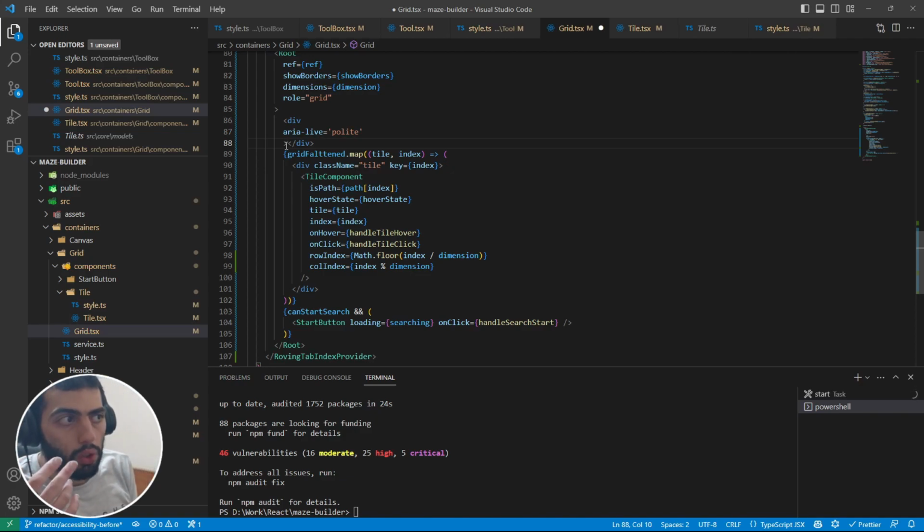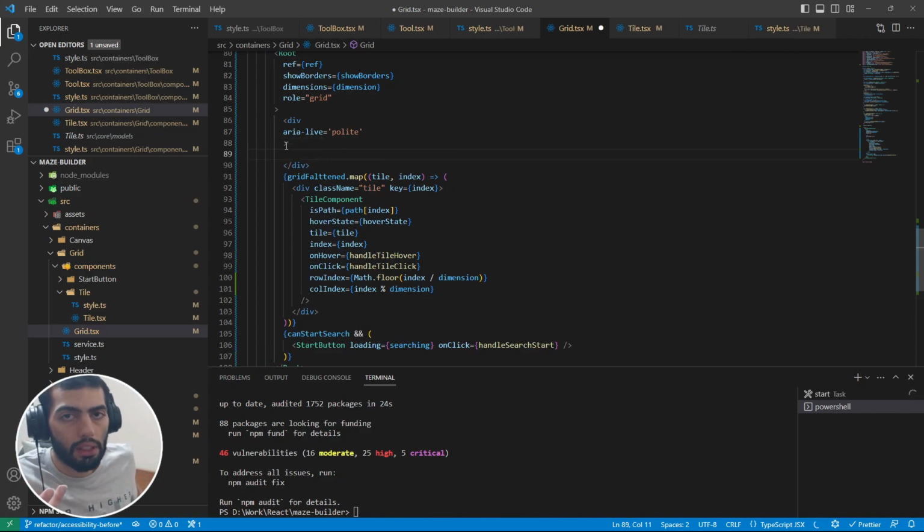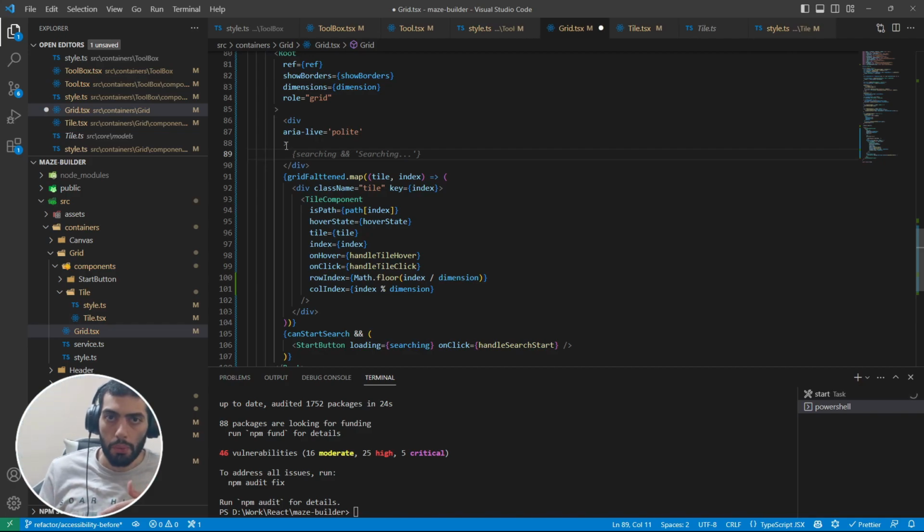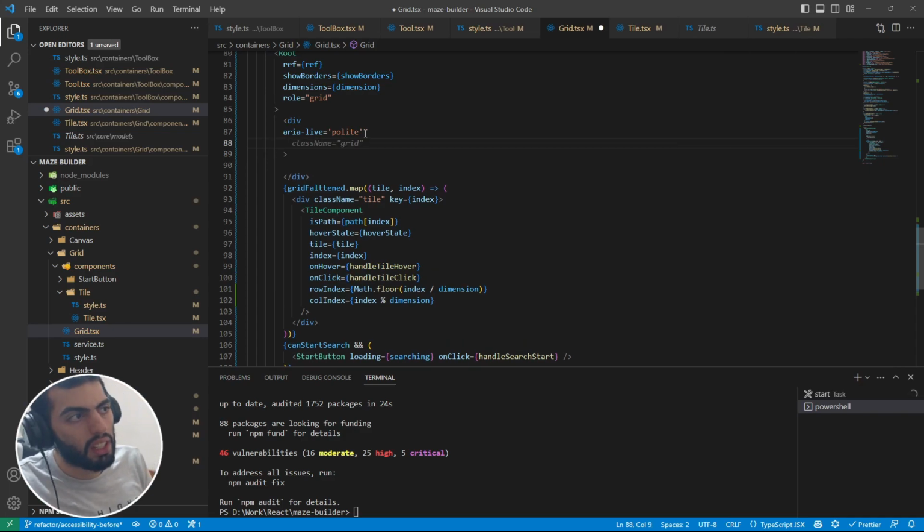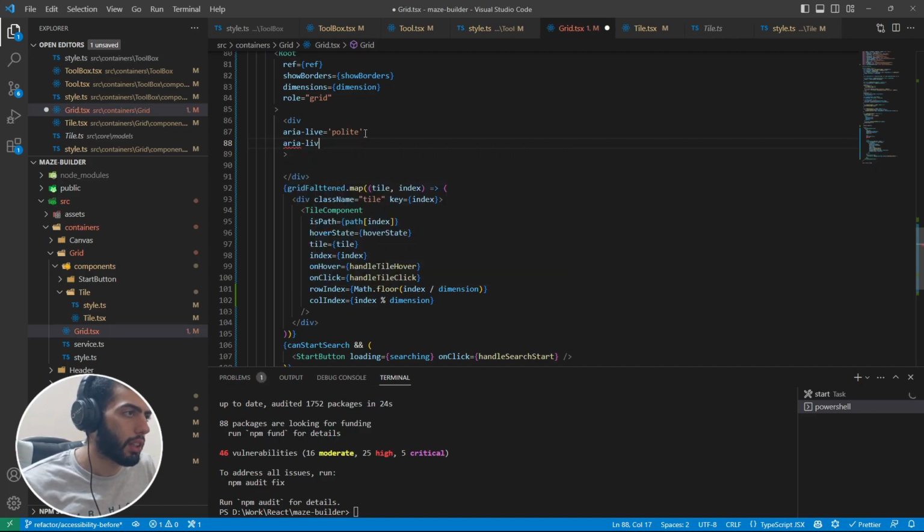What this property will do is basically let the screen reader know that, hey, screen reader, this is an element that has content that might change. When the content changes, I want you to announce the new content. Maybe it's not the new content, maybe announce what was the old content. We can actually control what will trigger the screen reader to announce, using another property called